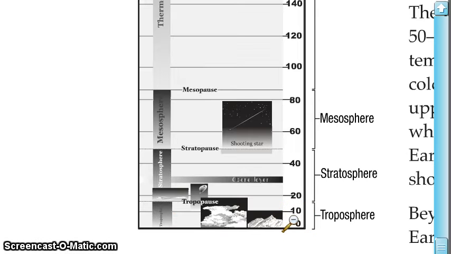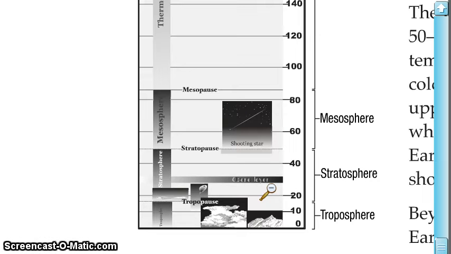As we move up, we get into the stratosphere. With the stratosphere, one of the big things is the ozone layer. You can see here the ozone layer is one of the big things that we find there. Another thing that we find in the stratosphere is the jet stream. It's the fast-flowing winds generally moving from west to east. And they move right at the kind of boundary between the stratosphere and the troposphere.